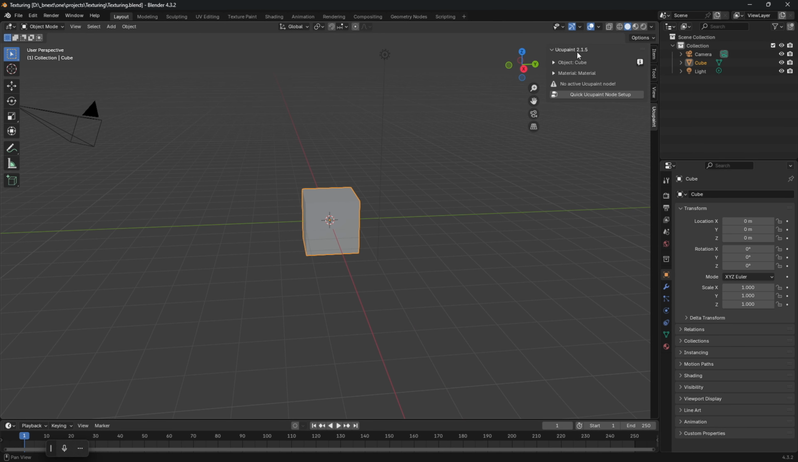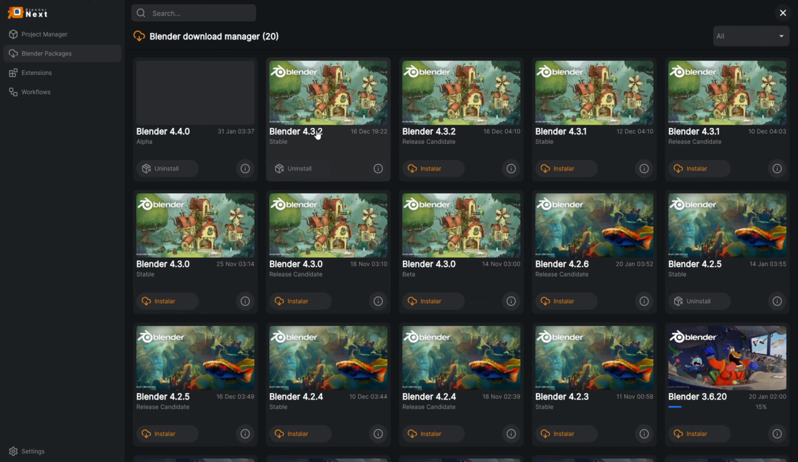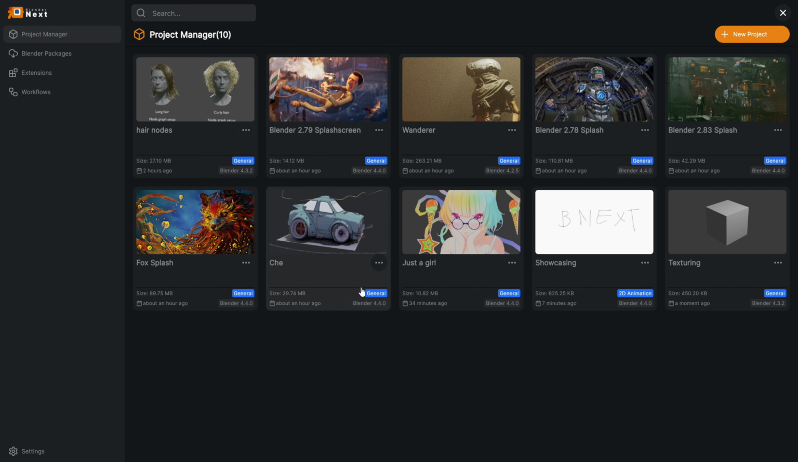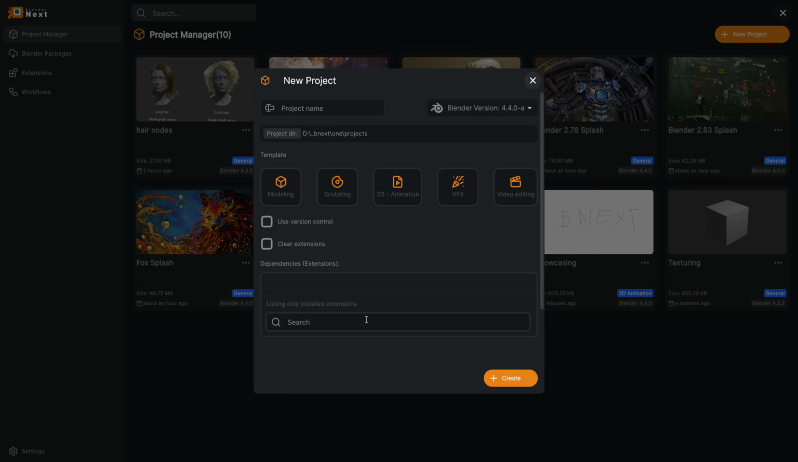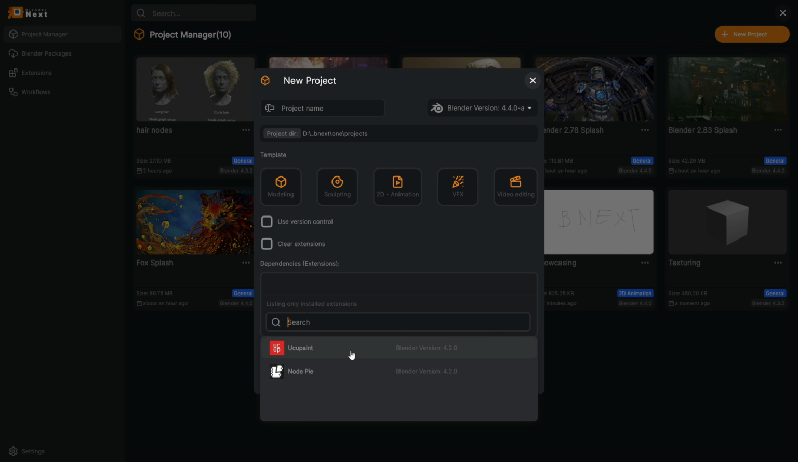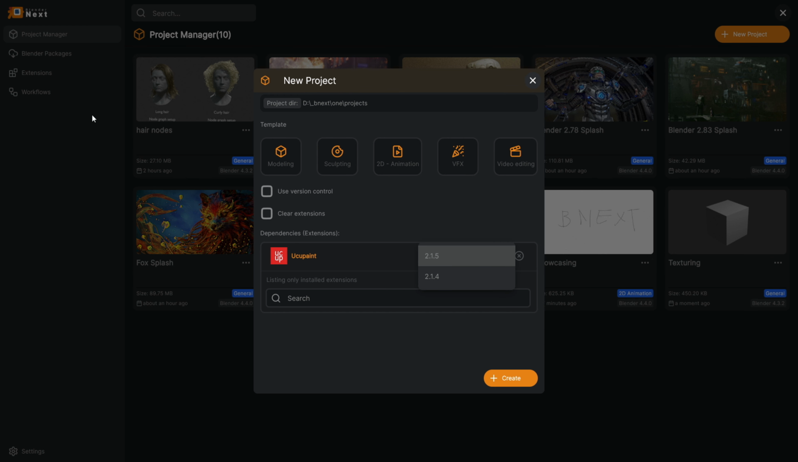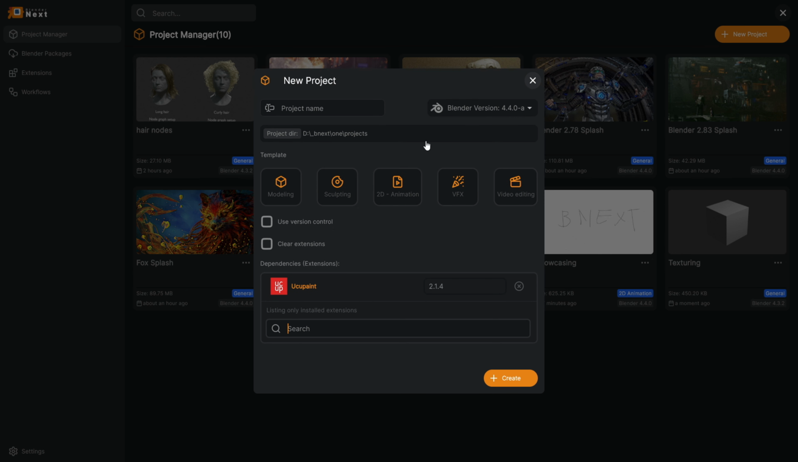But as you can see, we have one version that we installed on the Blender, like 2.1.5. So if we go to the Blender package, we have this version. But sometimes you have older projects, or you want to create a project with some specific version of an extension. So if you go here to UQPaint, we have this version installed on that Blender, but you can choose that for this project you want another version of this extension. So you can choose the same Blender version and name it text string